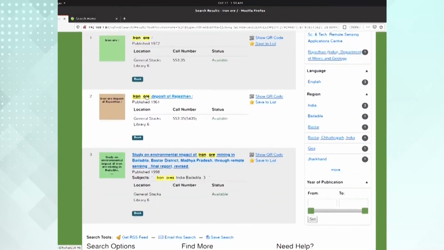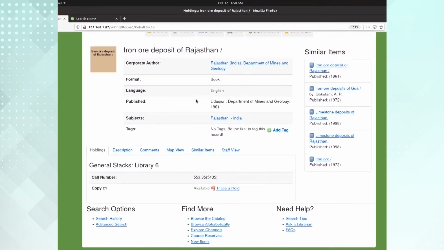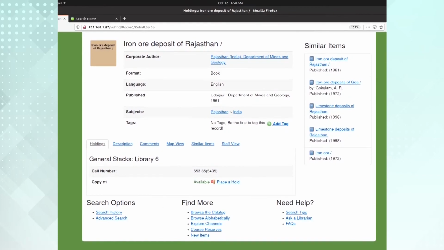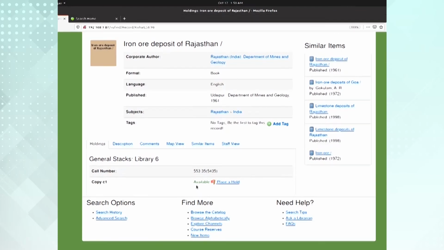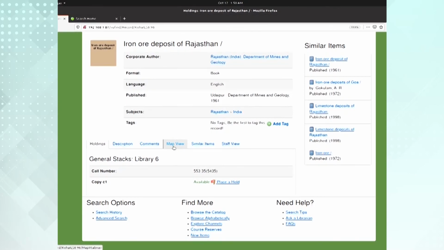Now any one of these, say iron ore deposit in Rajasthan, if I click, you see what happens in the detail view. It can tell me that one copy is available, and it automatically generated this map view.